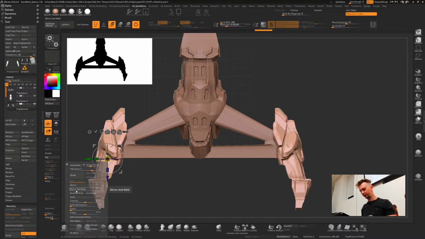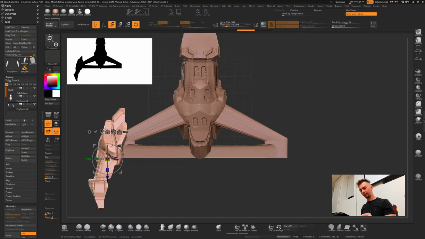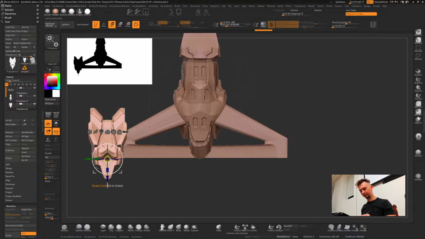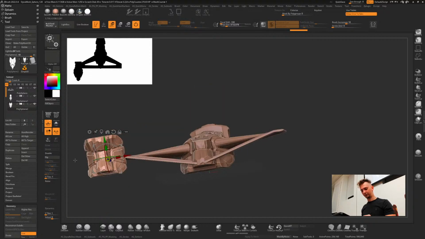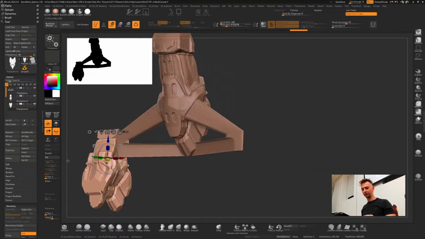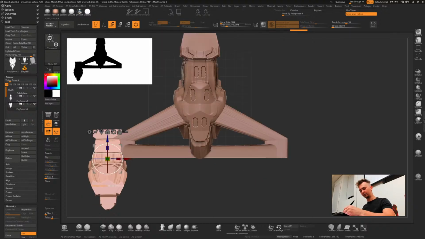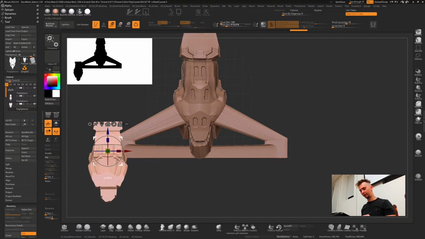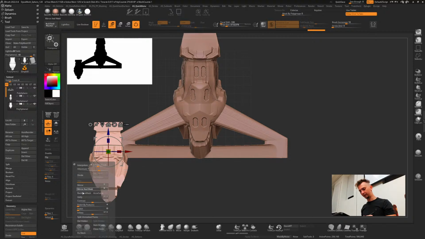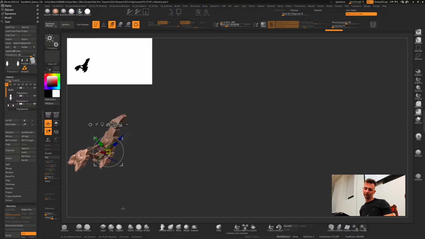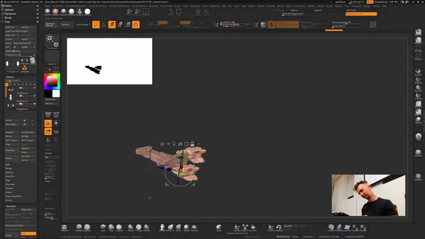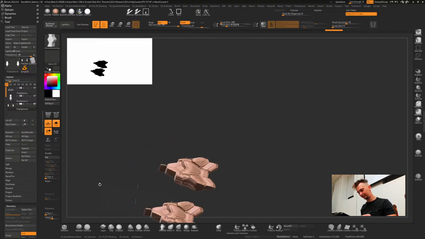Let's do mirror and weld. Bam. If you have local symmetry enabled and you do mirror and weld, it will do this, which is also fun. It's great to have fun. Okay, and then we'll do something like this now. Oh, kind of cool. And it uses the same design language as the rest of the ship, so same weirdness. So disable local symmetry and do mirror and weld. Bam. So you can see very quickly we have some sort of a resemblance of a craft.